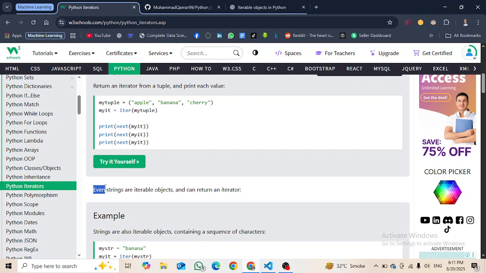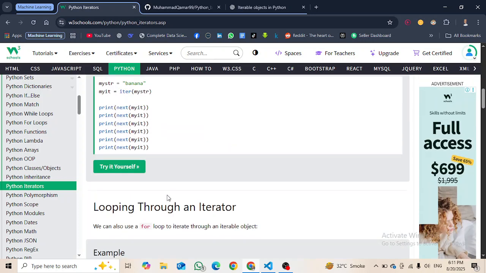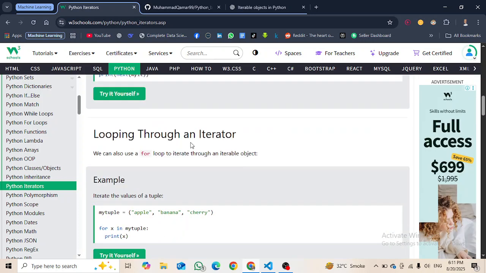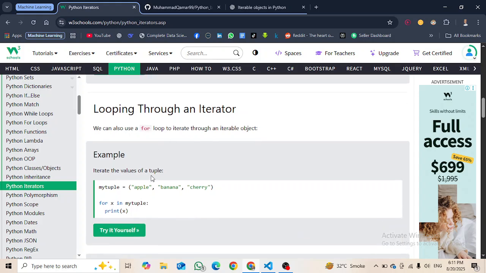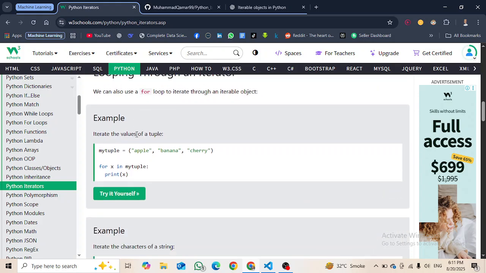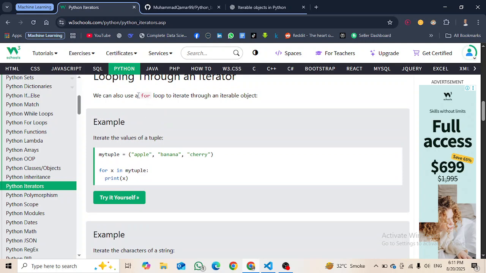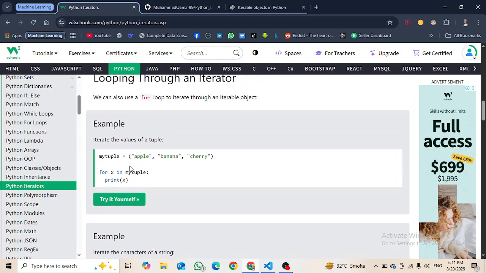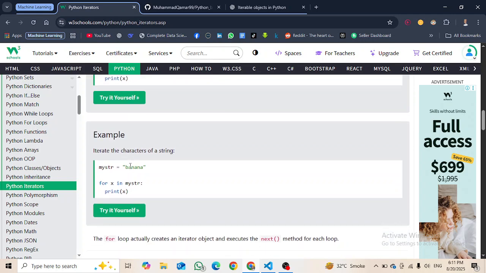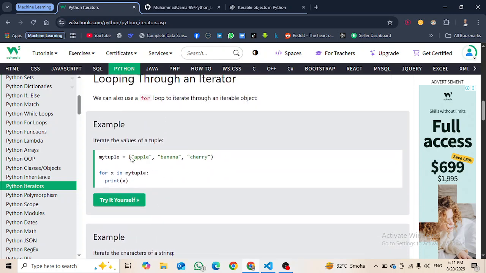Yes, even strings are iterable. We know that strings are iterable objects and can return an iterator. Okay, so we know that already. Looping through an iterator, we also know that through an iterator we can loop. Actually, they want to tell us which values have iterations.